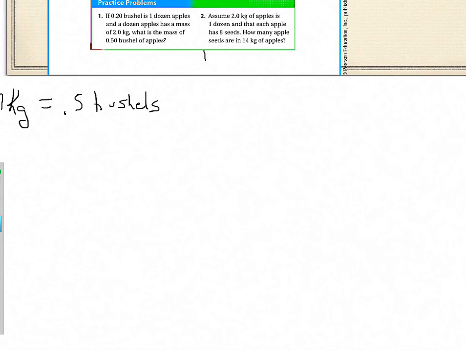And we know that 0.2 bushels is a dozen, so we can convert that. So 1 dozen equals 0.2 bushels,